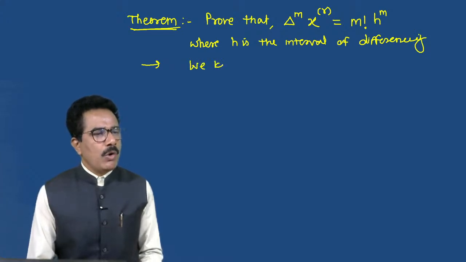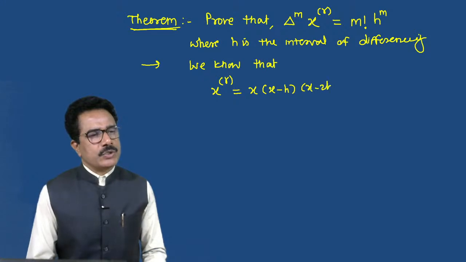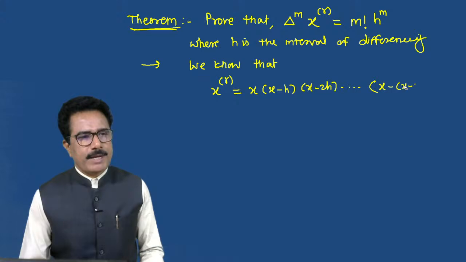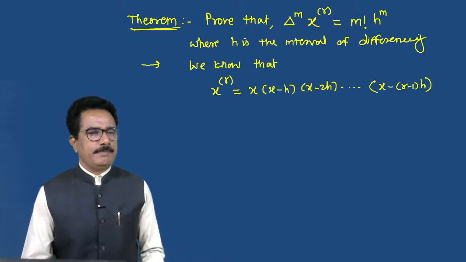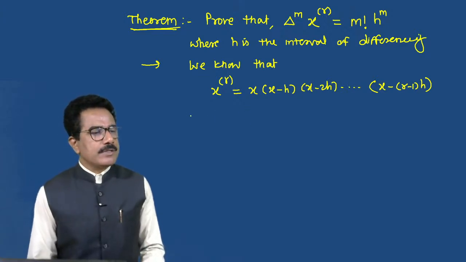We know that, what we have to know? x raised to r factorial means x, x minus h, x minus 2h, dot dot dot, x minus (r minus 1) into h. Also,